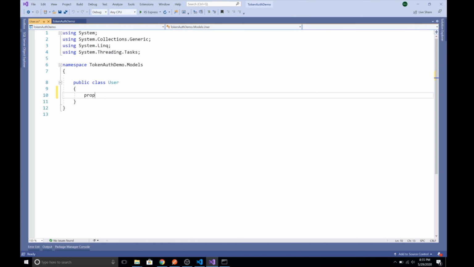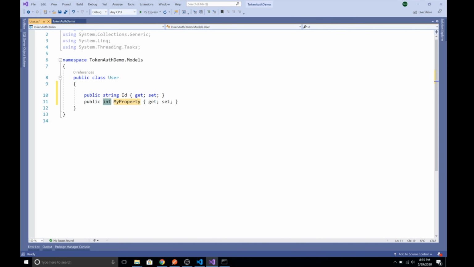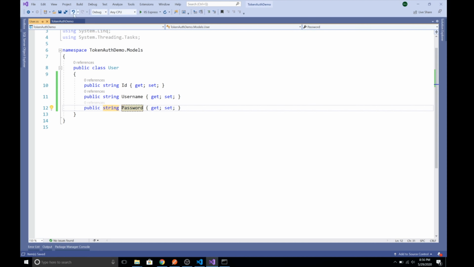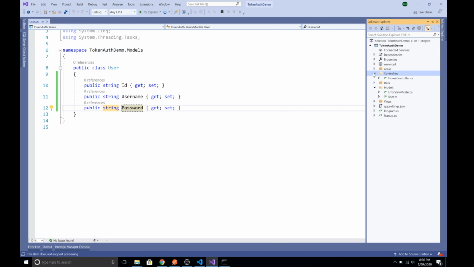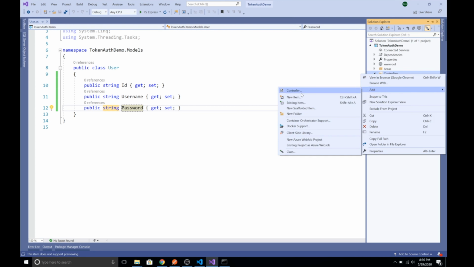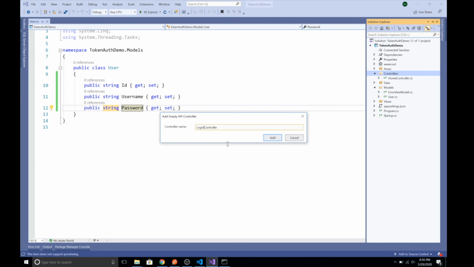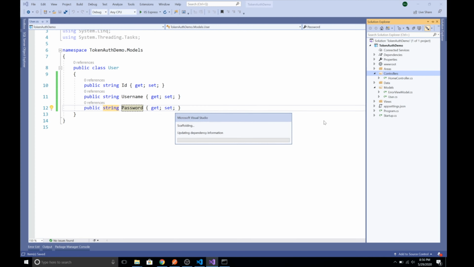and I'm going to add a few properties to the user here. So let's say string of ID, and then string of username, and then another property, string of password. Save this, and then I'm going to create a couple of API controllers here. So let's create a controller, add, and then controller, and let's create an empty API controller, and let's give it the name of login here,